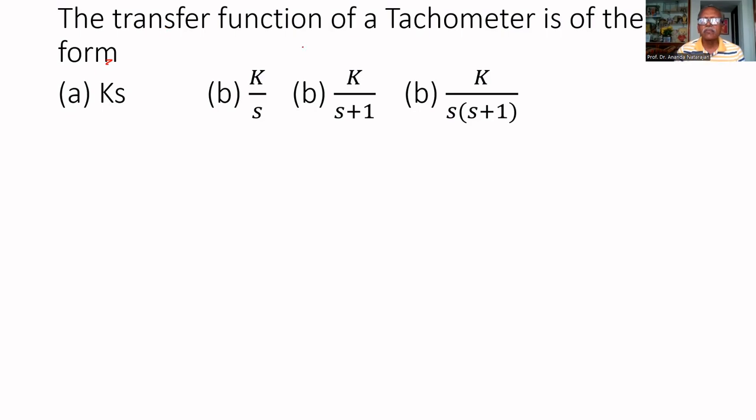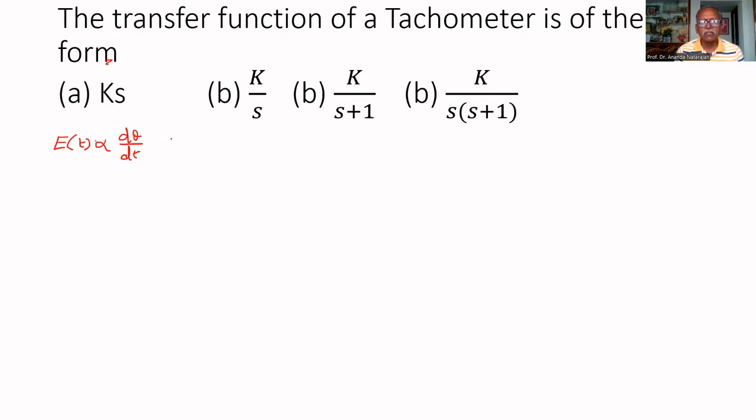The transfer function of a tachometer is of the form... Four answers are given. You have to find the correct answer. Tachometer means it measures the velocity. Output is voltage. That is, e of t is proportional to d theta by dt, derivative of displacement, that is